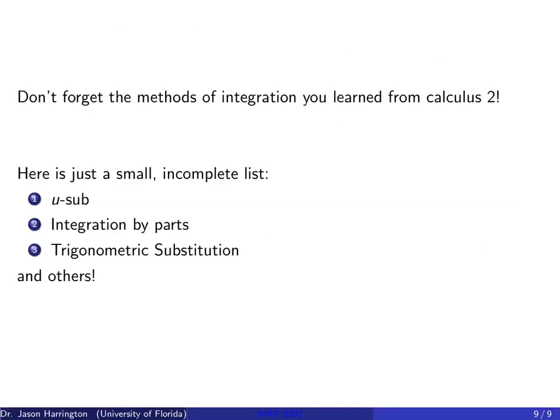So now, here's a reminder, and this is very important. And I want to add to this list. You want to know how to do u-substitution, and just like I was doing before, you want to do them very quickly. Sometimes you can do them in your head. Sometimes it's more complicated, and you actually have to write out, let u be, and then make that substitution. You want to recall integration by parts, and you also want to recall trigonometric substitutions. And also, don't forget, also remember how to do the partial fractions, like the last example I did.